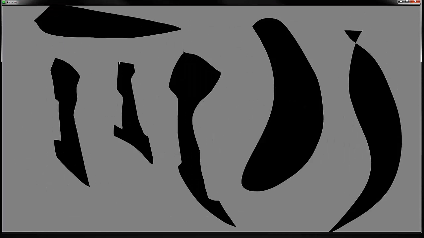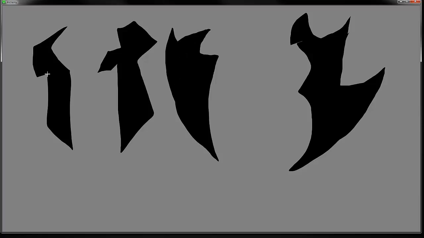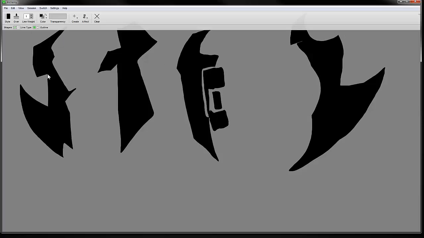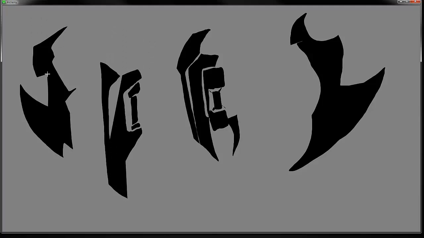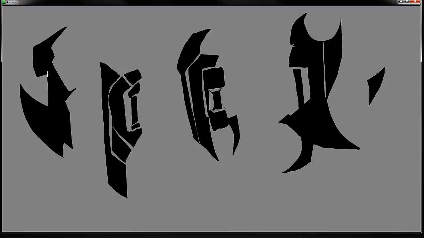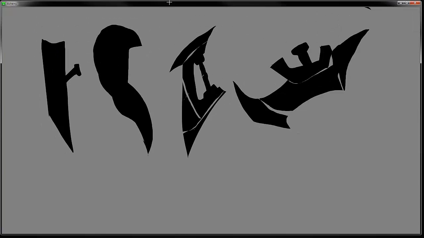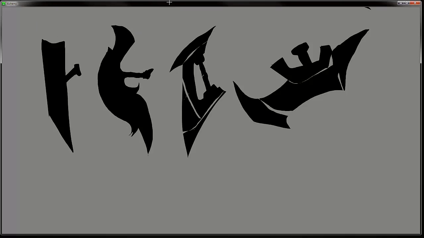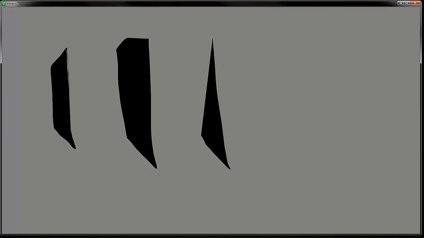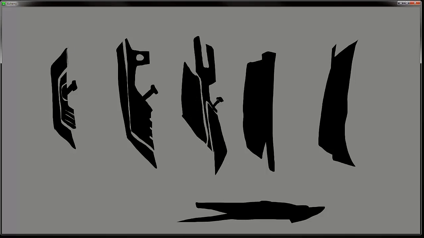So you can kind of see some examples of me working within alchemy, creating different shapes, trying to get a little bit more detailed, and as I keep working, I get more creative and I hone in on what type of design I want to create. Keeping in mind, I tried to stay loose in the beginning, and then I remembered, hey, I'm going for this Tron-esque technology-based weaponry and outfit for Bloodseeker, because by default he's kind of this tribal character. I want to keep that design, but I want to modernize it or futurize it, I guess, a little bit. So I've gone in and refined the shapes,